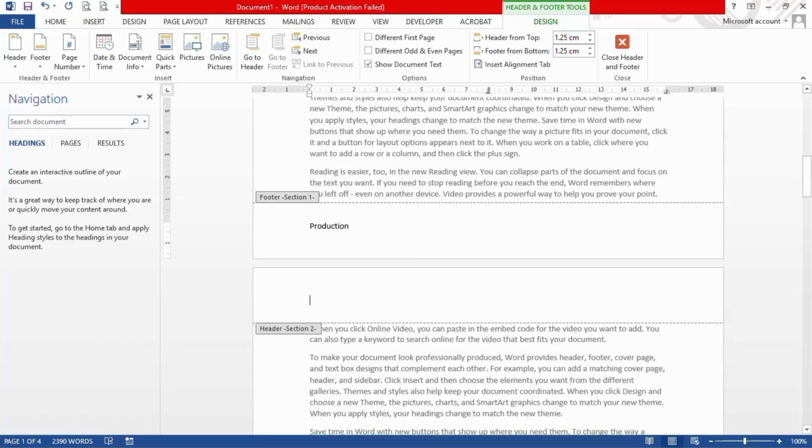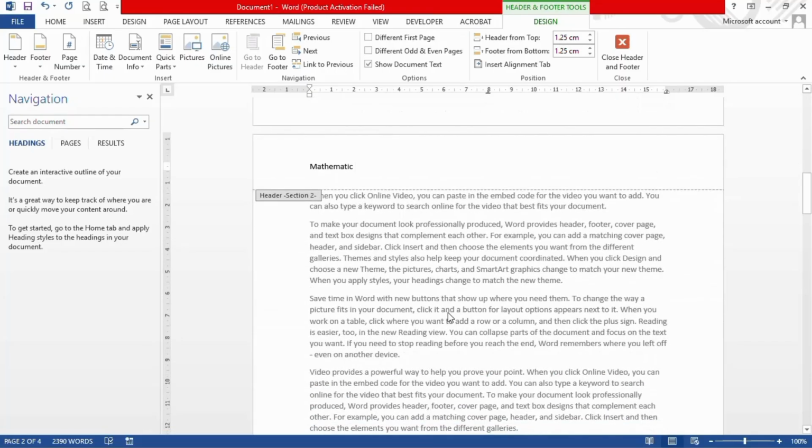So page 2, for the header, let me pick mathematics, and the footer,